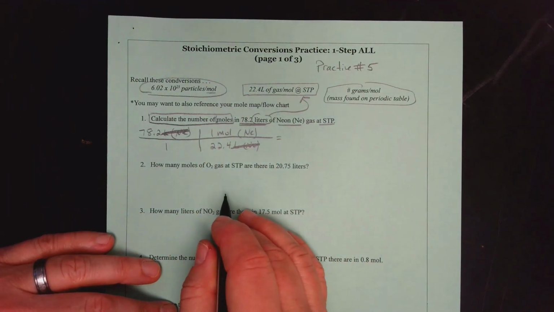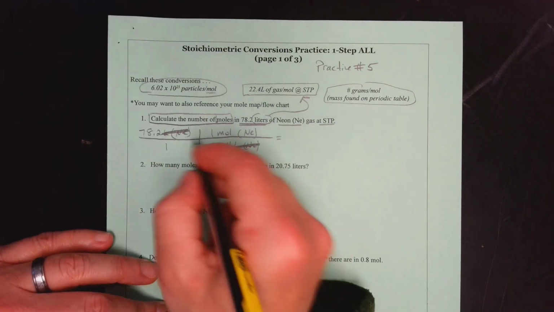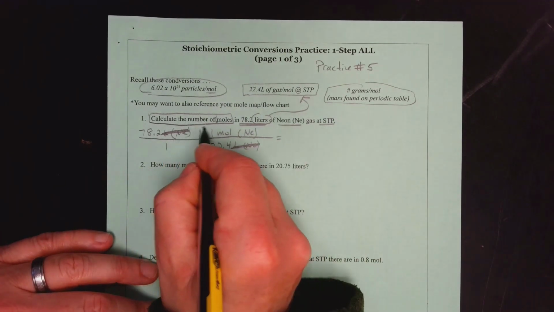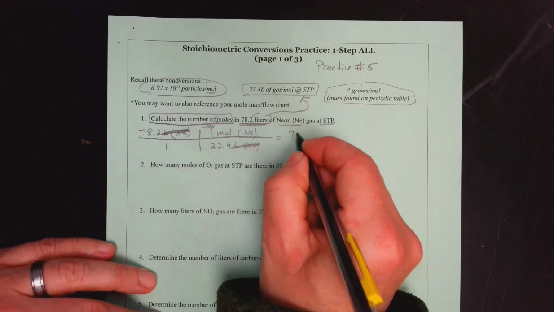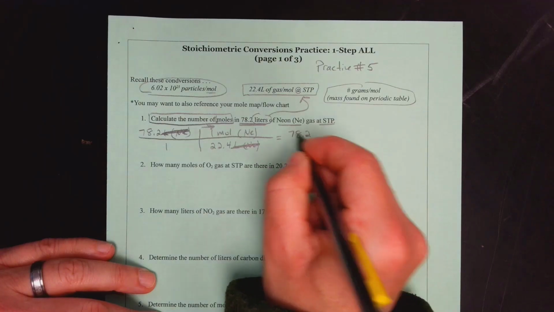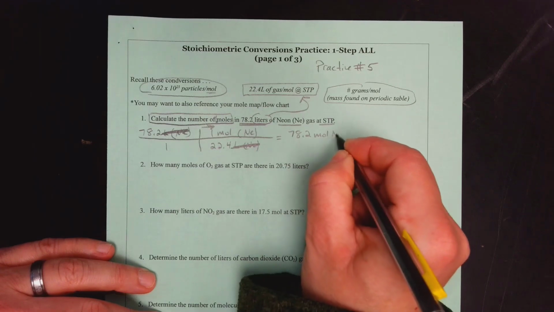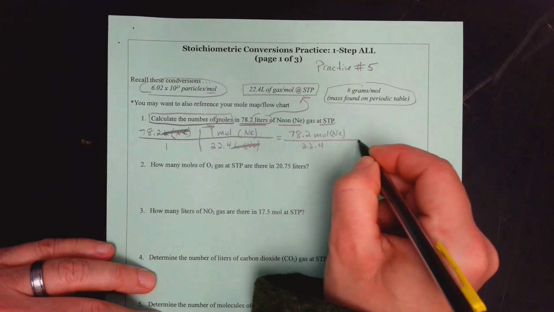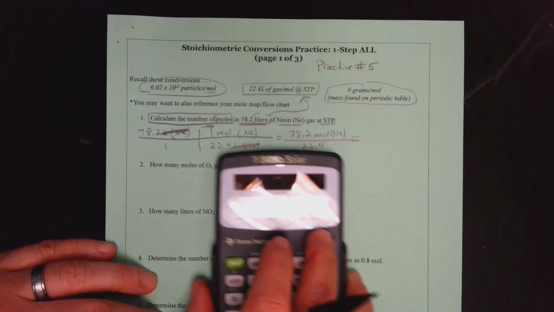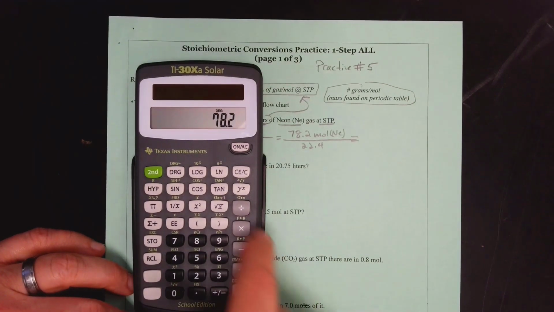Now I'm going to set this up for a few of these, and the other ones I'm just going to shortcut. So for this one, just a quick reminder that we multiply across our T-chart first, so that's going to be 78.2 times 1 equals 78.2, and I have to get my units, moles of neon, over 22.4, which means I've got to do a little division. I'm going to use my calculator: 78.2 divided by 22.4 leaves us with